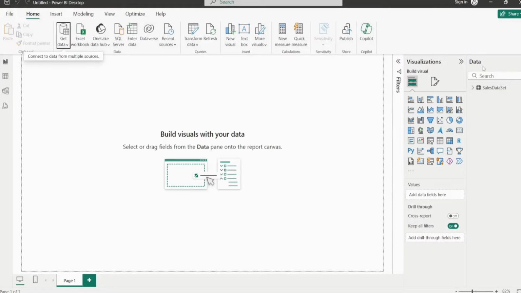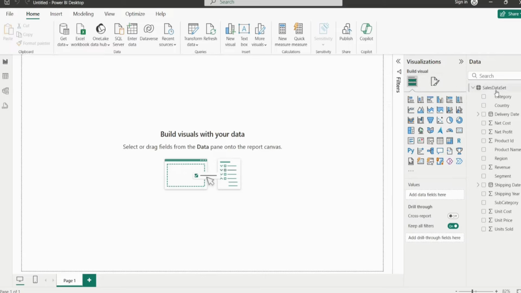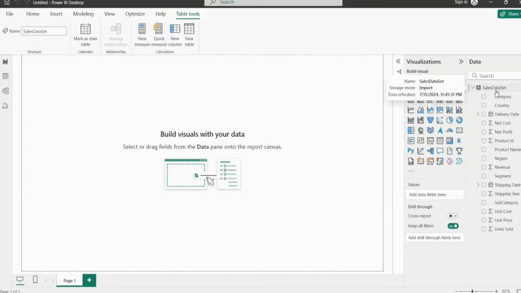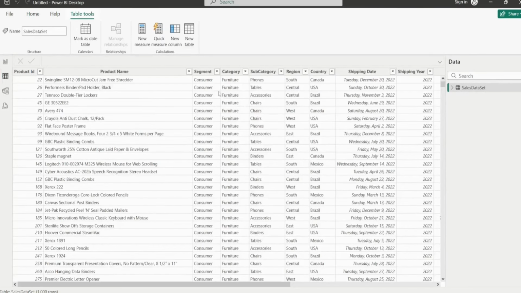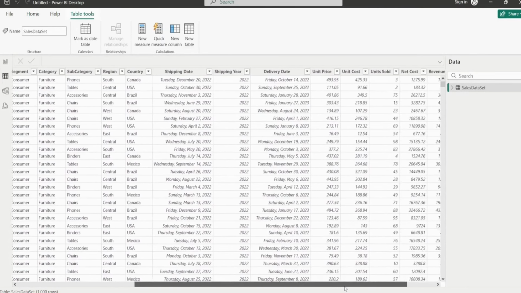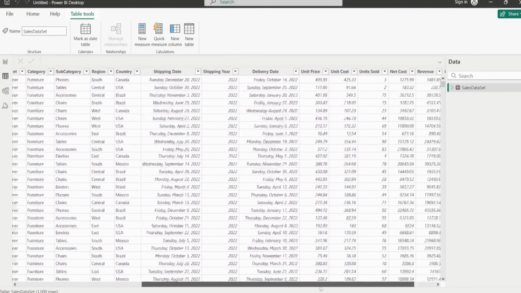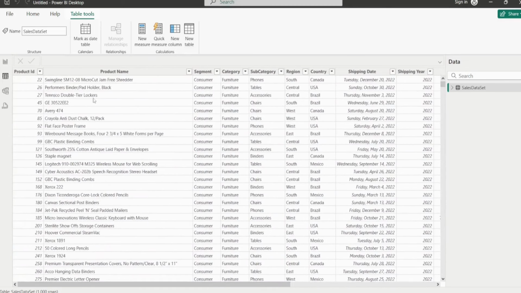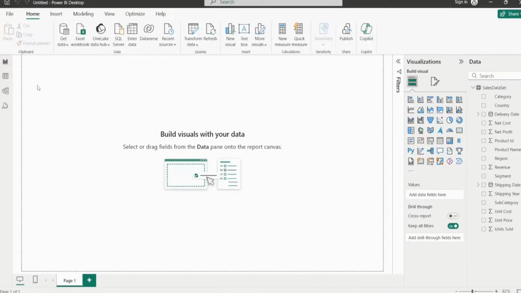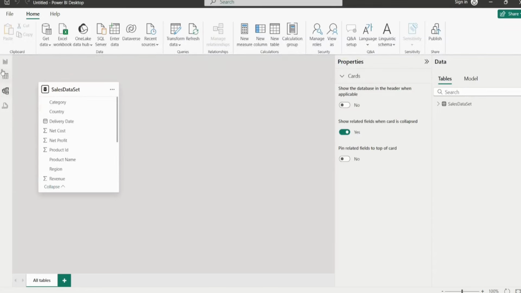On my right I have the data. Okay, if I want to see the table view of this data, I can go here and see the table view. This is going to show me in the form of tables. Look, this is my complete data set after performing the data transformations using Power Query Editor. This one is the report view where I will create visualizations. This one is the hierarchy view. Okay, now